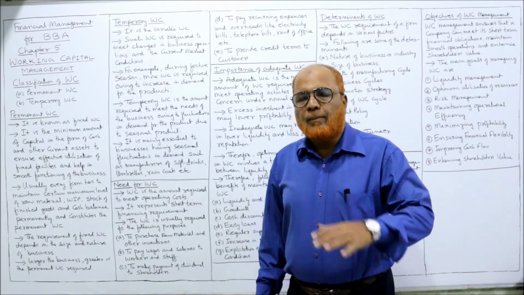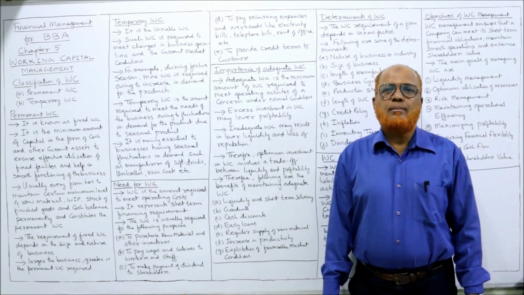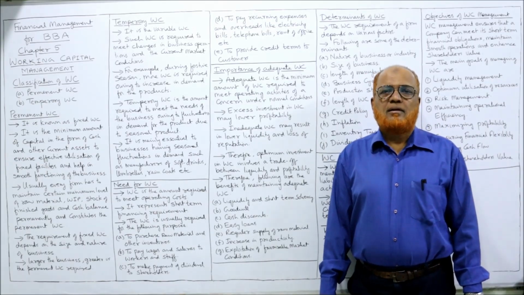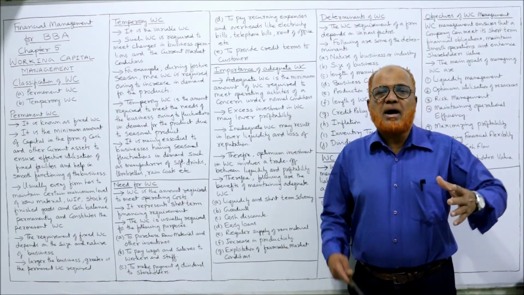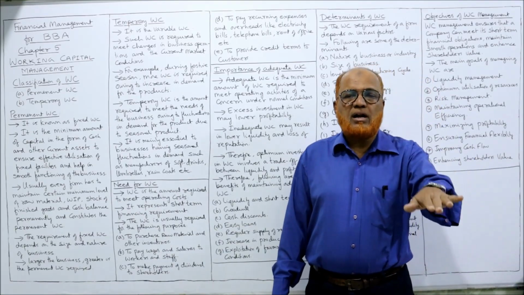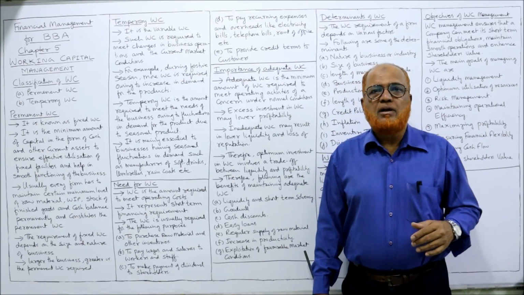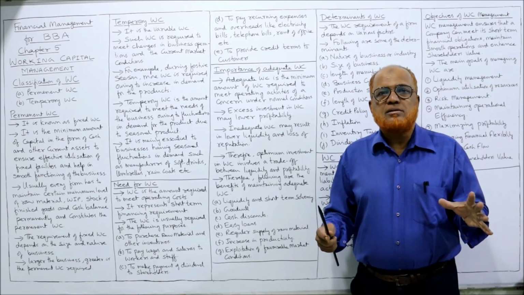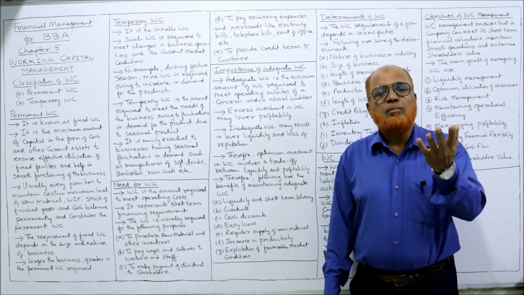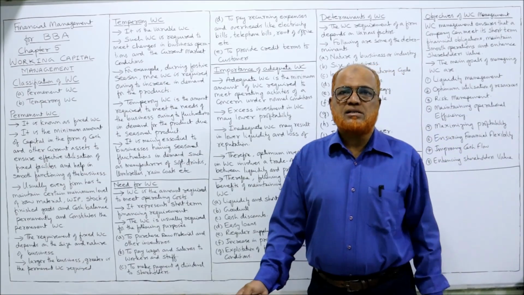See, the market conditions, the current circumstances will not be the same always. The conditions will change. Market is very dynamic. Sometimes the demand will be more, sometimes demand will be less. Sometimes business cycles, boom period, depression period. Due to these market conditions, the requirement of working capital will also fluctuate depending on these circumstances.